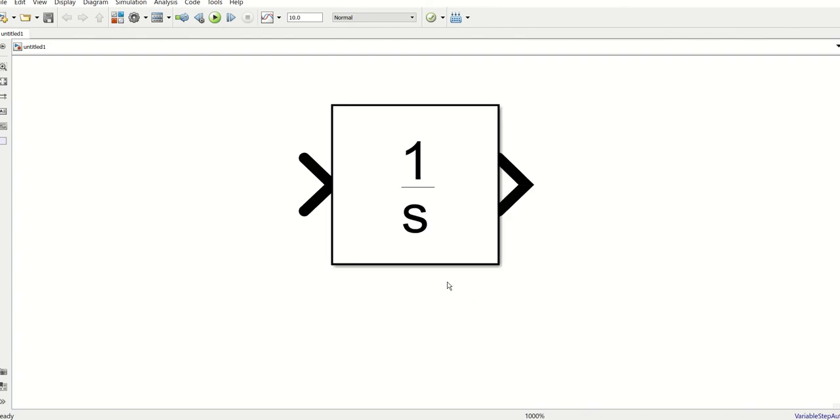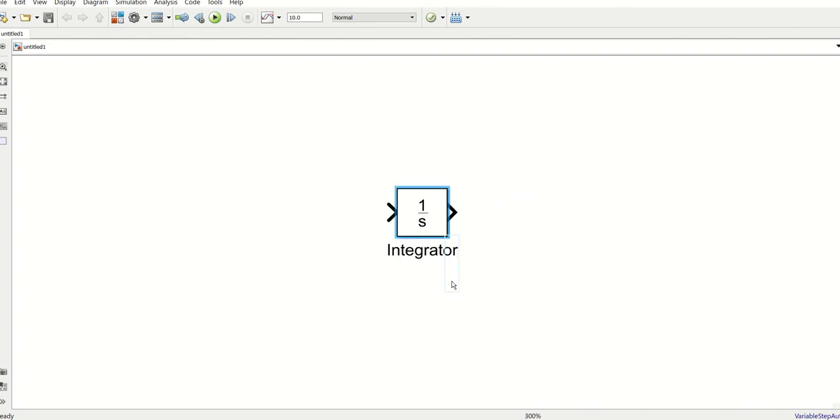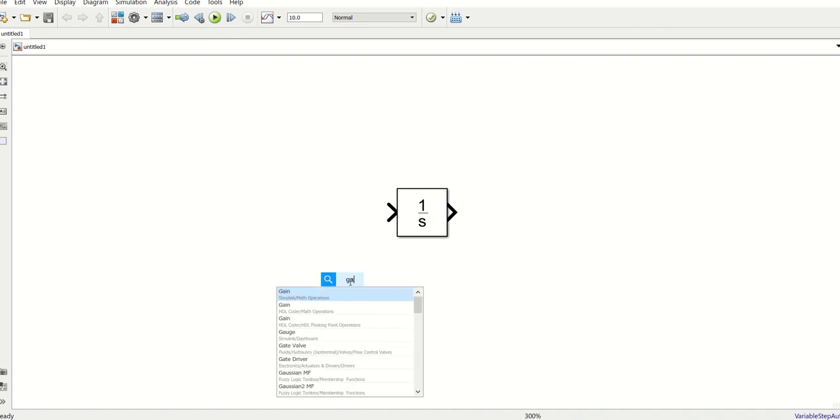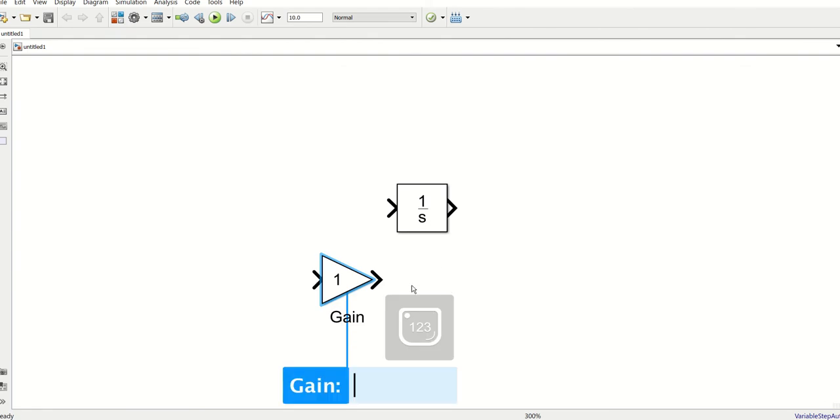You can roll the mouse to increase or decrease the size. Now what we need is a gain block. So the gain block is ready.